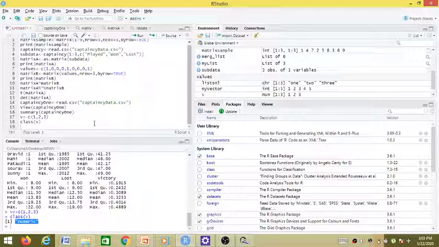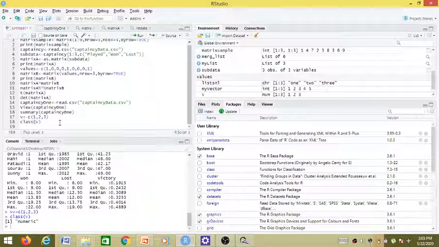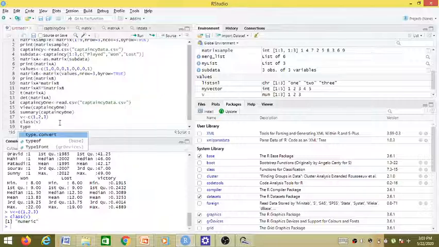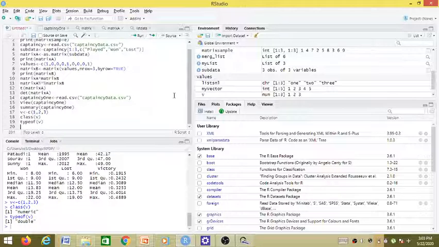But if I check the type, oh, I am typing it in the wrong window, sorry. If you check the type of V, it is double. So class is something which is according to the object-oriented point of view, and type is something which is according to the data structure point of view, how the data is physically considered and stored in the memory. So for the same object V, we have a different class and a different type.